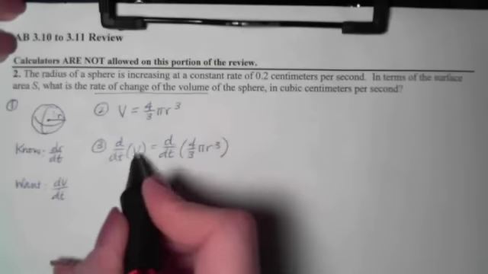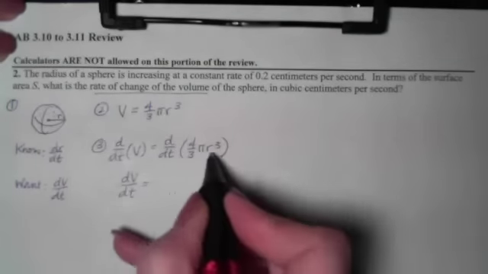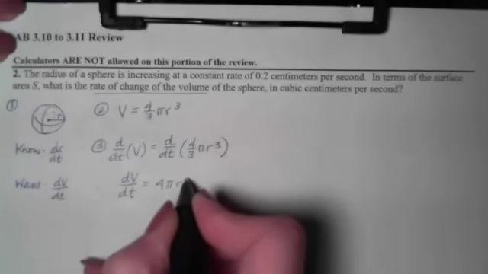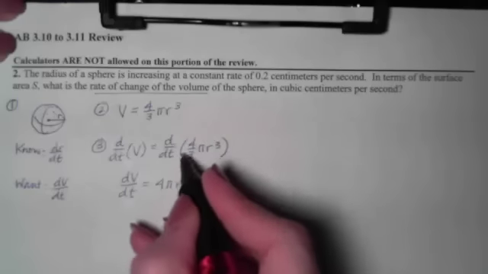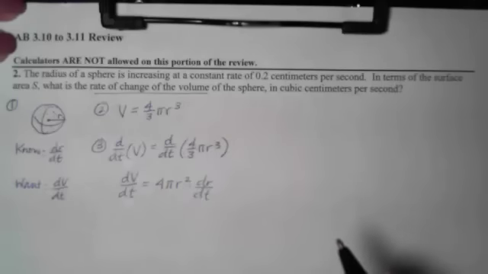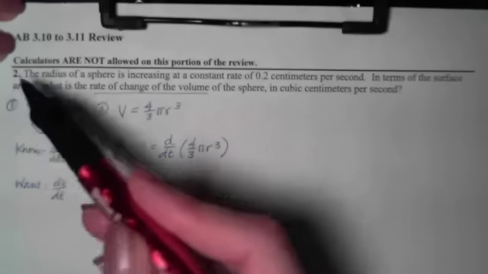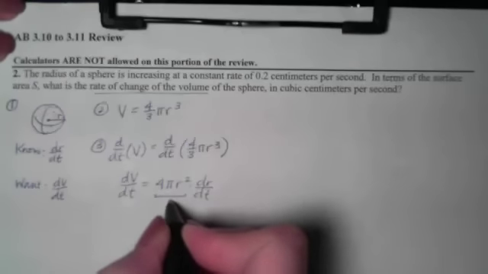If I take the derivative of v, I get dv dt. If I take the derivative of 4/3 pi r cubed, I will get a 4 pi r squared dr dt. Because I multiplied by the 3, decreased the power by 1, everything else was a constant. So now, we want to write dv dt in terms of the surface area. So if we remember that our surface area is 4 pi r squared,